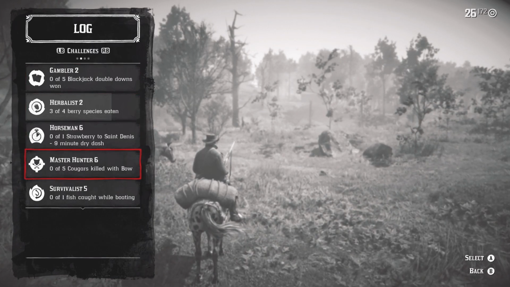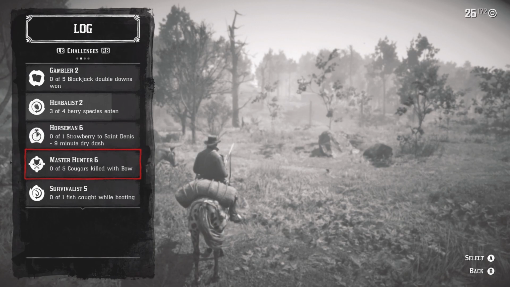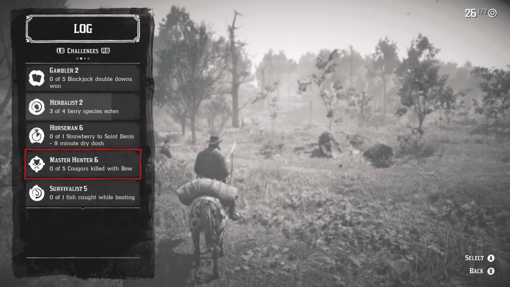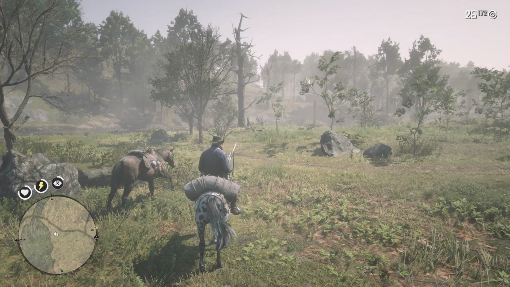But we're gonna do the Master Hunter challenges. After number 6, they're all fairly easy and can be done pretty quickly. It's this one right here that I'm most concerned about. It's gonna take quite a while. Not only because killing a cougar with a bow is hard, but the cougars are kind of a pain in the butt to find as well. So